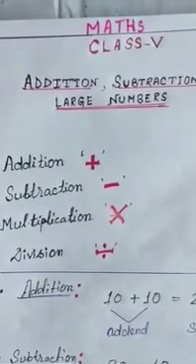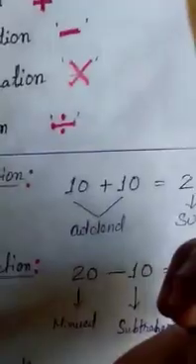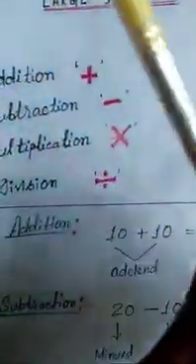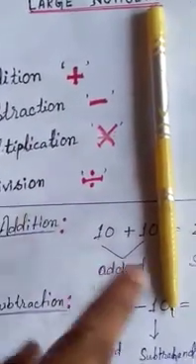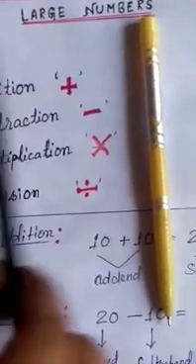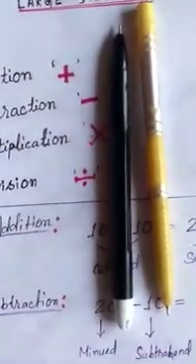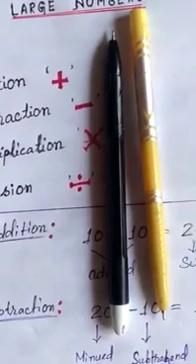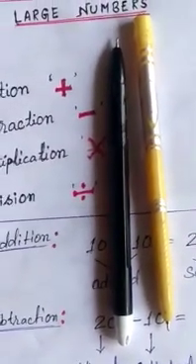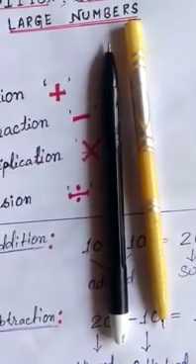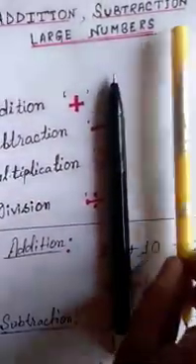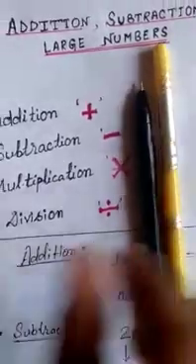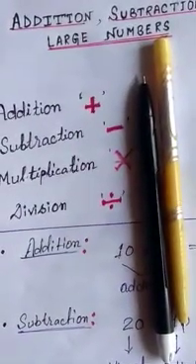Have a look. See, if I give here a pen, how many pens are there? You can see easily one pen is there. If I give one more pen here, can you tell me how many pens are here? So usually you can say there are two pens. But what have you done here? That means I have added one more pen to the previous one. So what have you done? Addition.